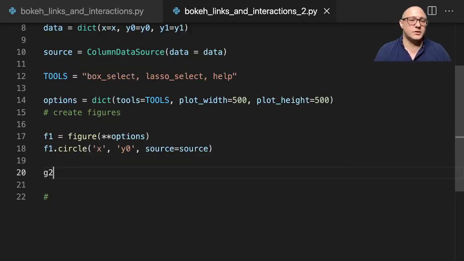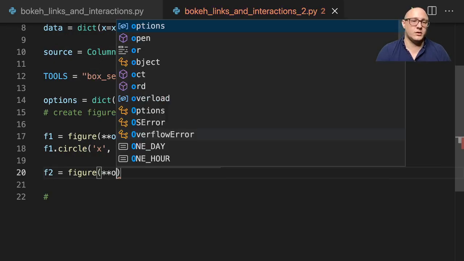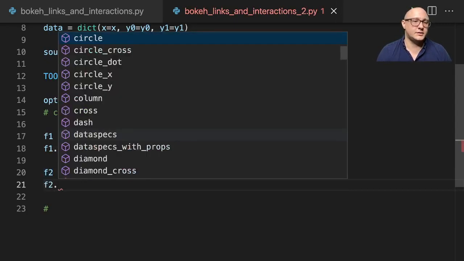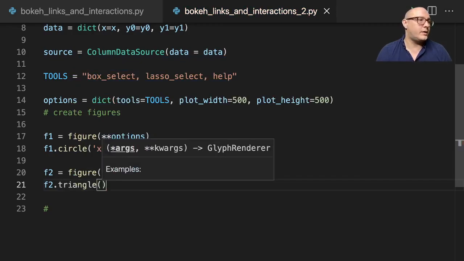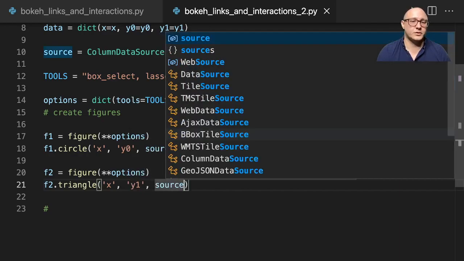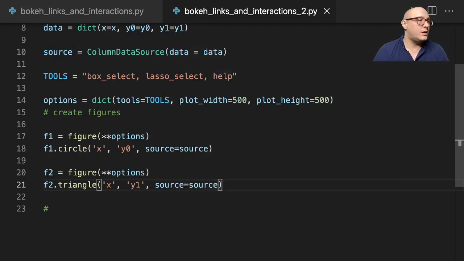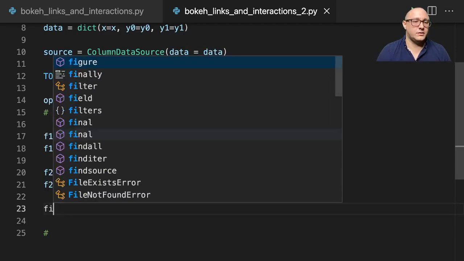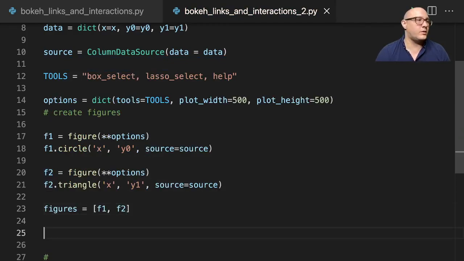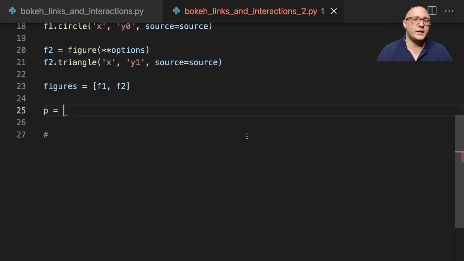I want to start getting us used to that particular usefulness, at least. So let's go on and create a figure 2 here, and again we want our options to be based out of that, and let's do f2.triangle, and we want here x and y1. Source is equal to source, and then again we're going to do our figures list here is going to be f1, f2, and then we are going to make sure and create a plot here, and this will be in here